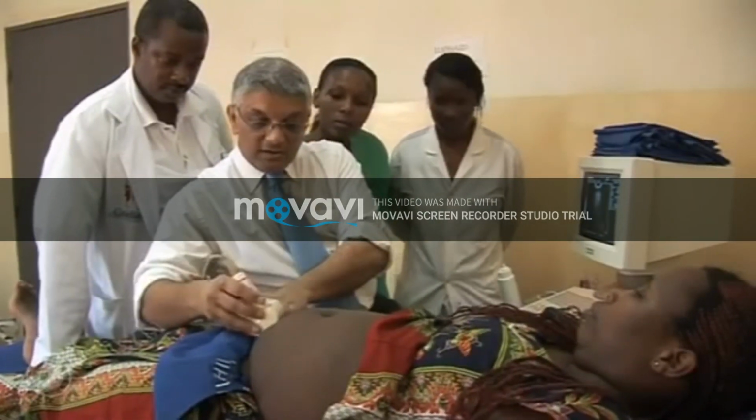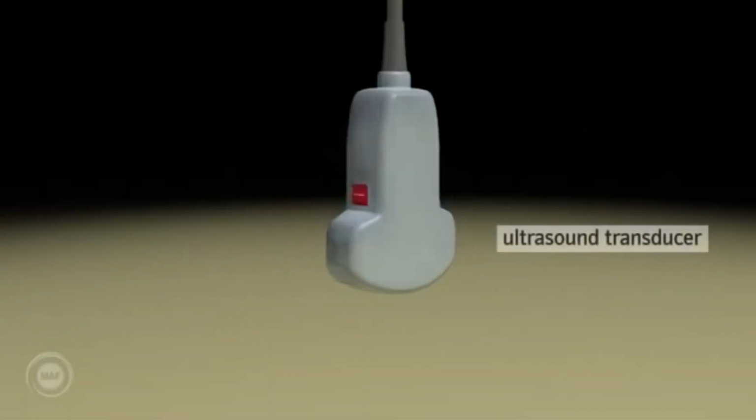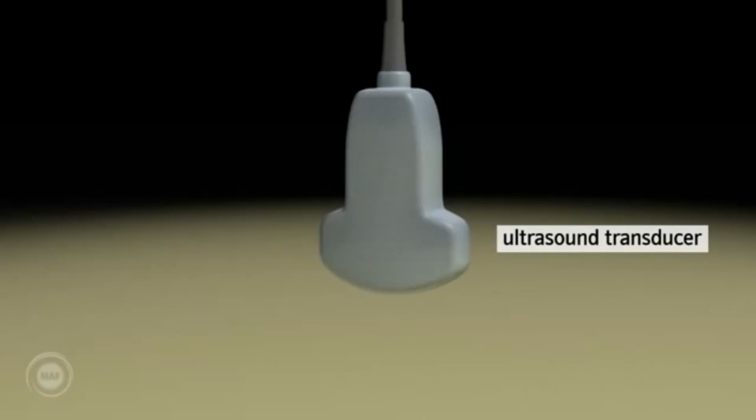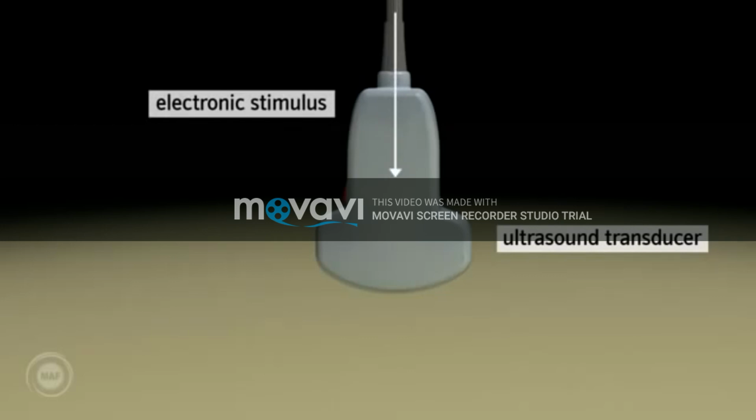Ultrasound is high-frequency sound above the range of human hearing. An ultrasound probe houses the ultrasound transducer, which is made up of piezoelectric crystals. Ultrasound is generated by the passage of an electronic stimulus through the piezoelectric crystals, which then vibrate and a high-frequency